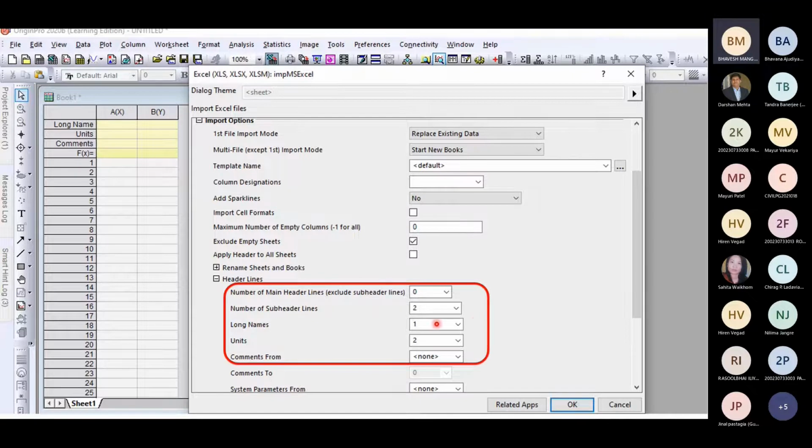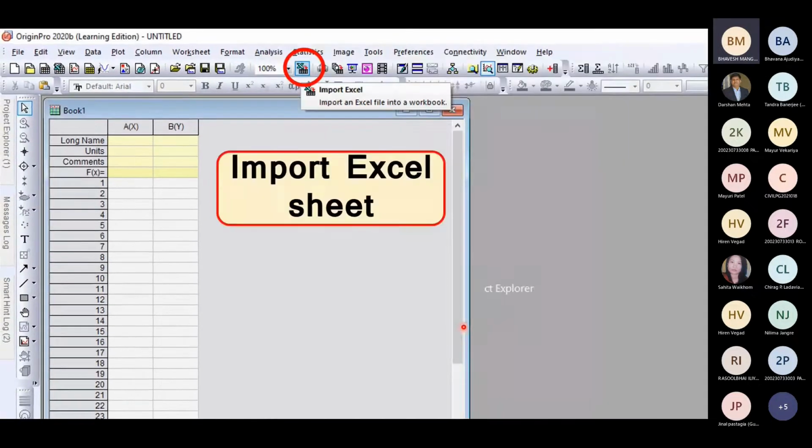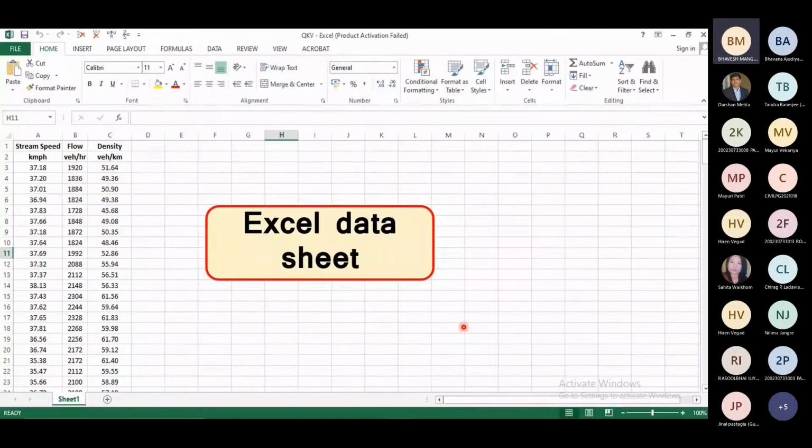Long name is there in the first row. So I have to select here 1. Long name means the main name of that particular sheet. Like in my data, the first are stream speed, flow, and density. So these three are long names.